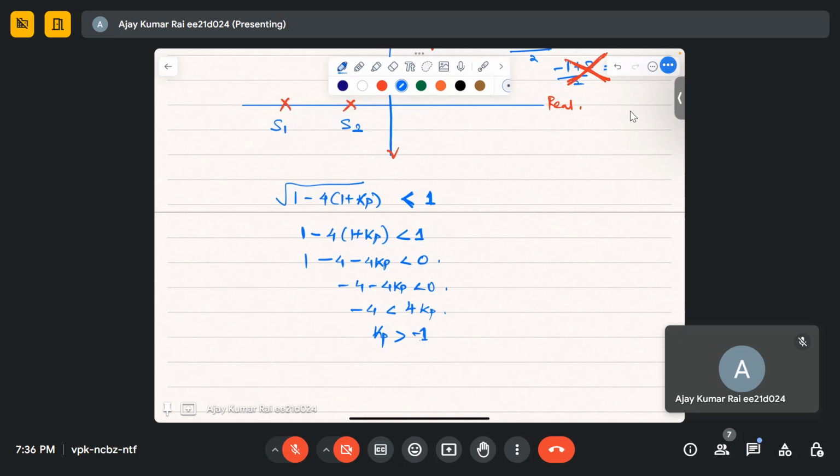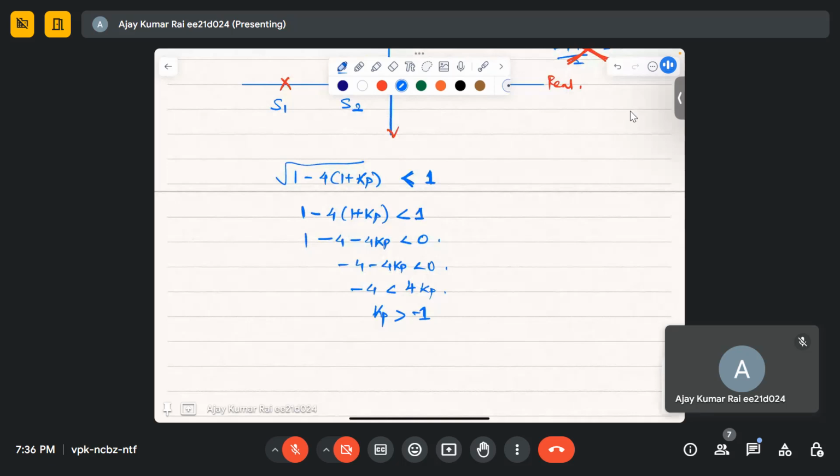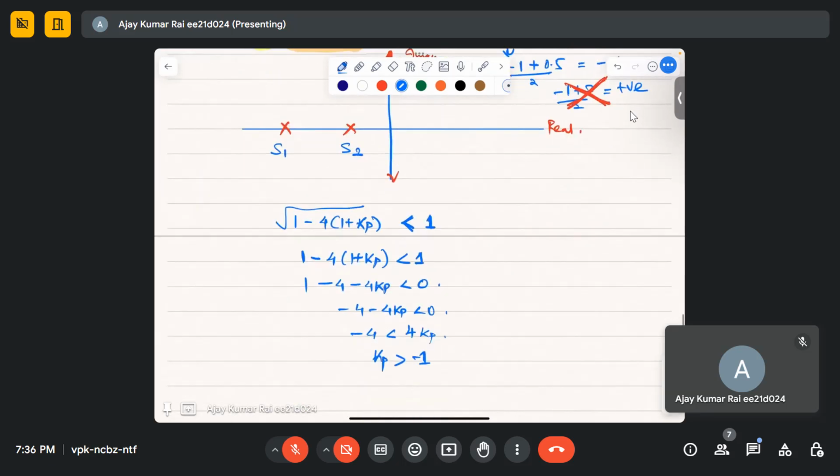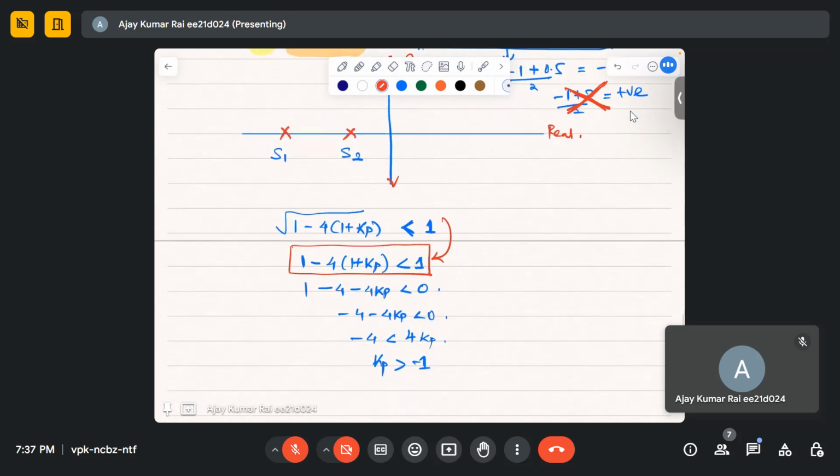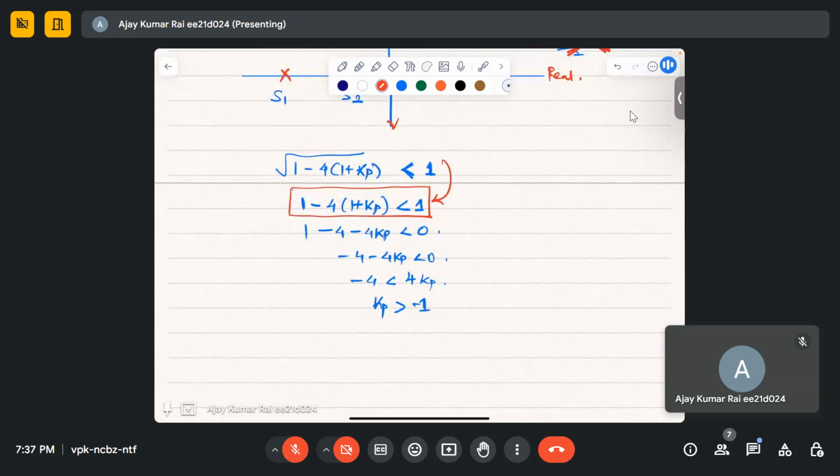Let me explain this step. It's very simple. I'm saying the square root of this value is less than 1, so I can write this. You can square also, no problem, you will get the same value. So finally I'm getting Kp is